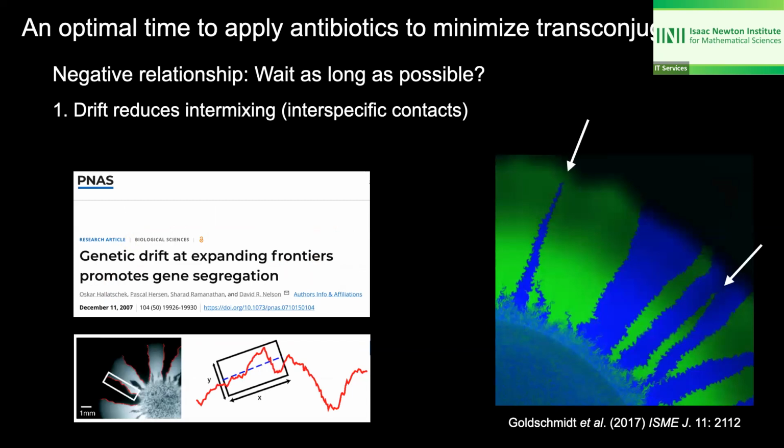So as a colony expands outwards, this is some experimental data from our own group, the boundaries between two competing types have wobbles to them. In this case the competing types are green and blue. They should have identical growth rates, so they expand outwards at the same velocity, and these boundaries emerge that are parallel to the axis of expansion because both types have exactly the same velocity. But these boundaries have wobbles and wiggles on them just due to stochastic processes,